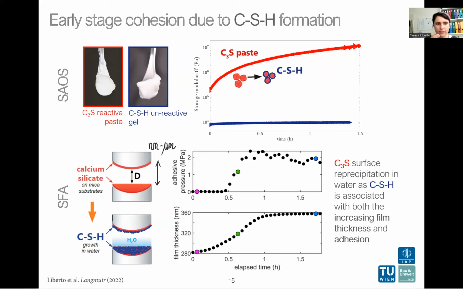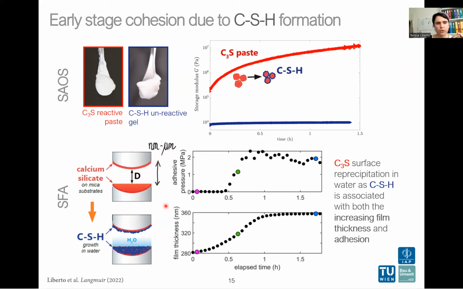So we can check how the contact area evolves, and in our case, the film thickness of what we are going to precipitate. You can see that we deposit calcium silicate by laser deposition on a mica substrate,